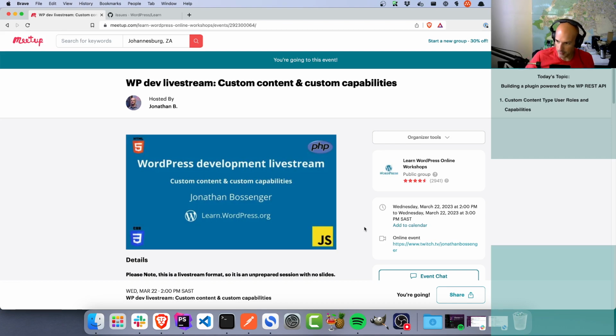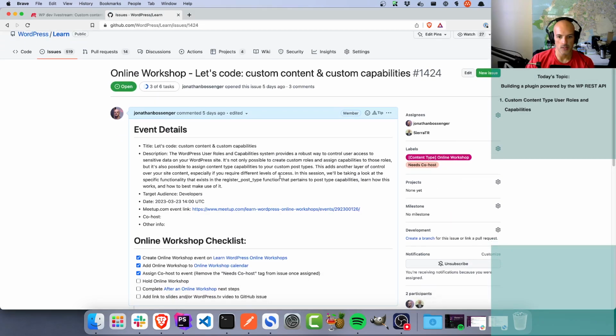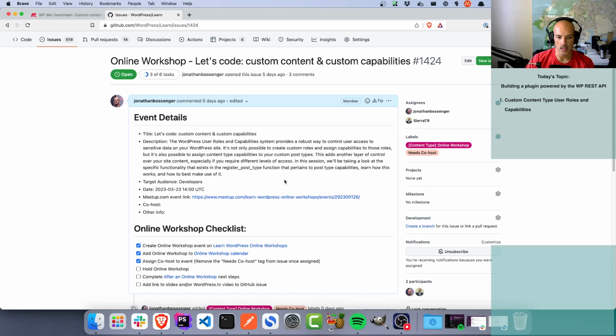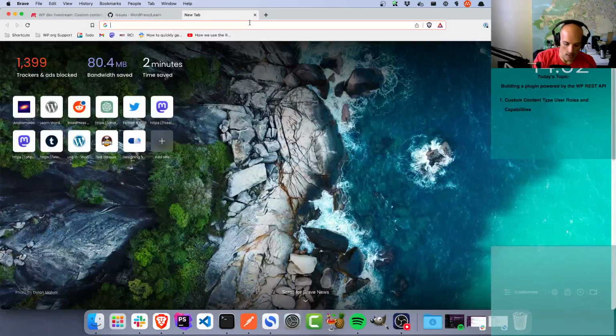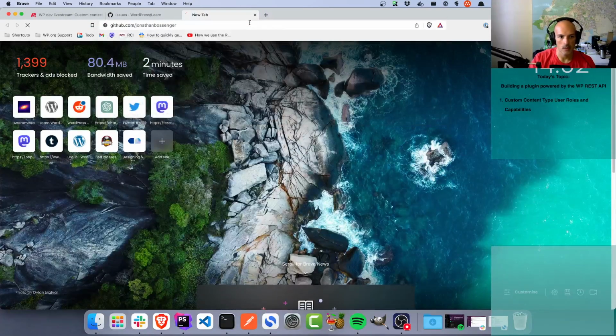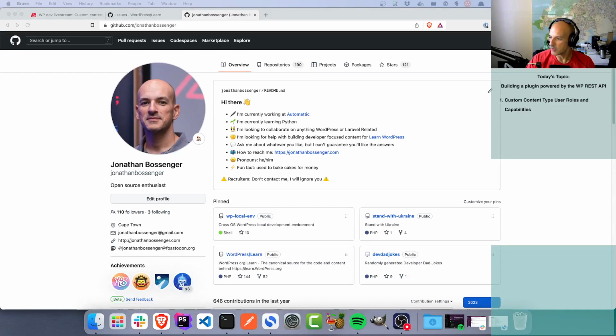I can recapture the contents by preparing for my workshop tomorrow. So tomorrow I'm going to be looking at custom post types and capabilities and how those work. So to do that, I'm going to grab the plugin that I was working on